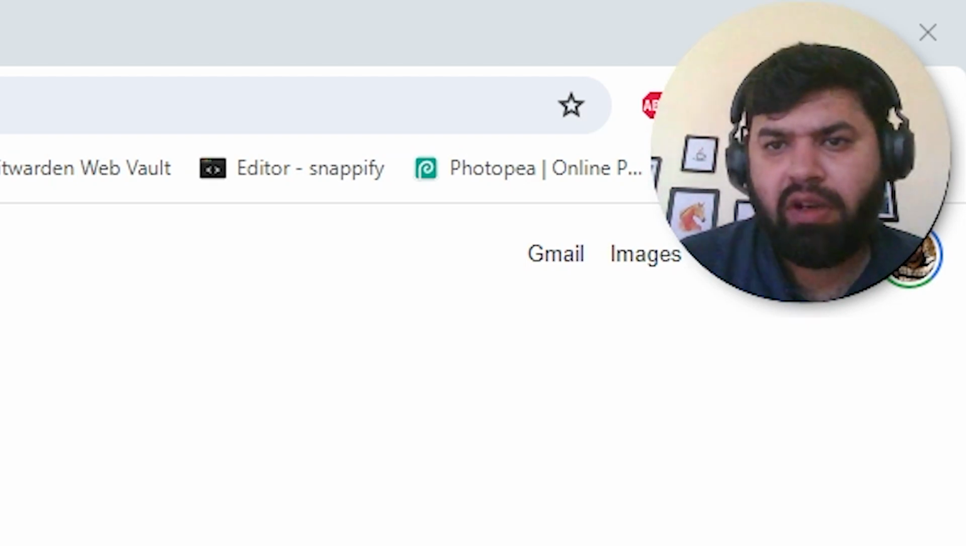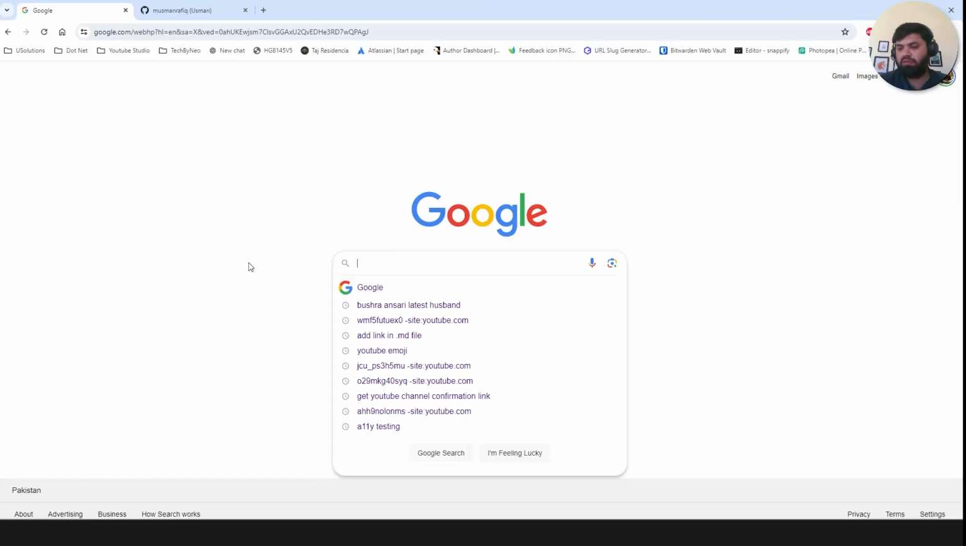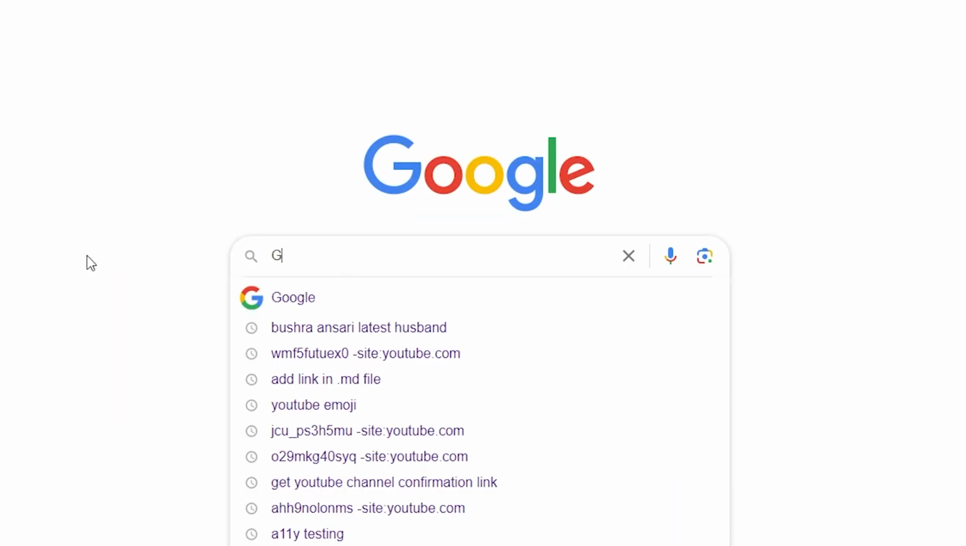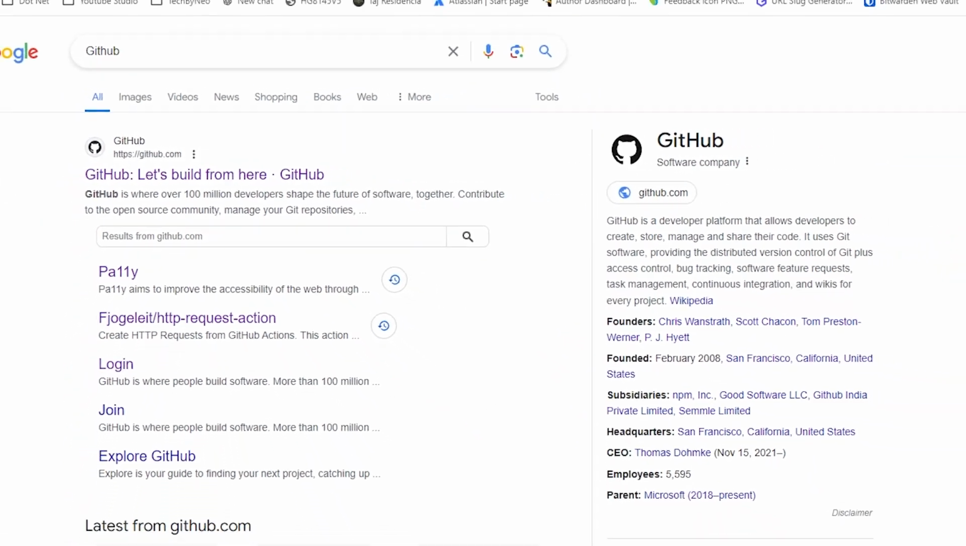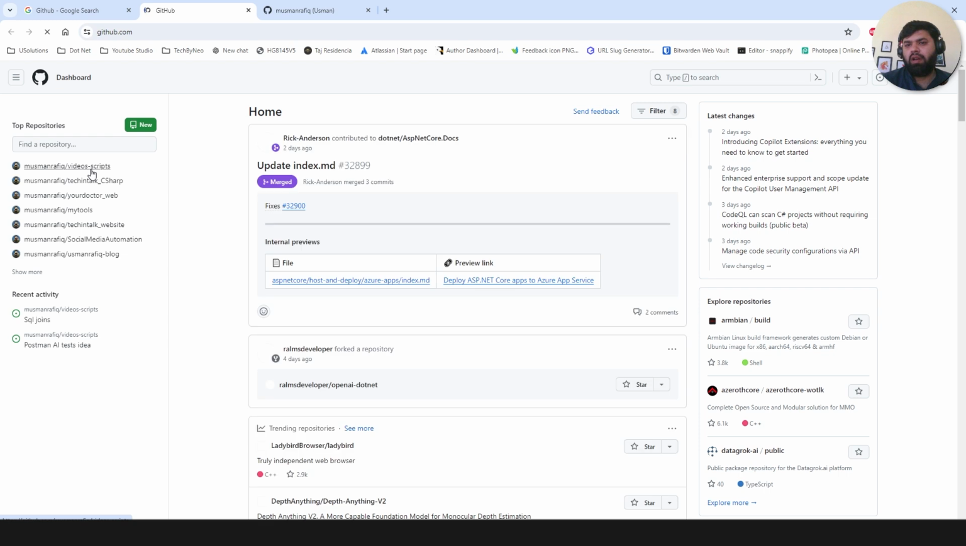Today we will learn what is GitHub. For that, go to google.com and search for GitHub. The top result is github.com. Let's open it. Because I already have an account on github.com and I'm currently logged in, I'm directly navigated